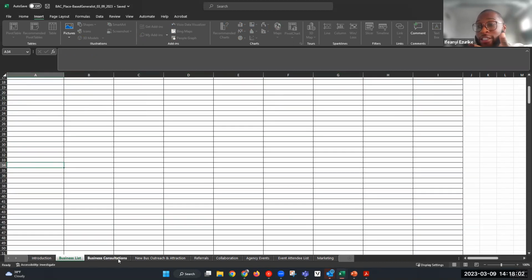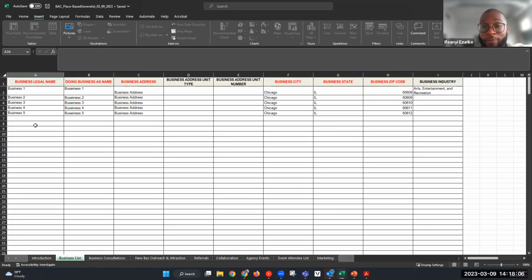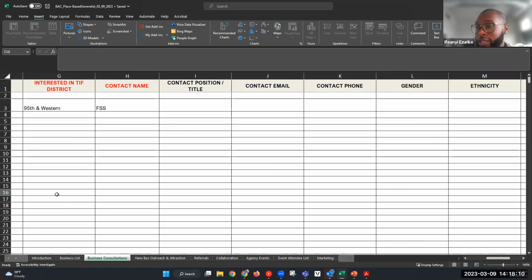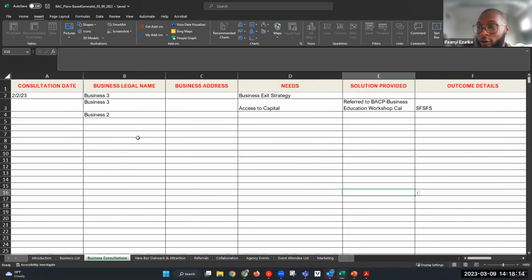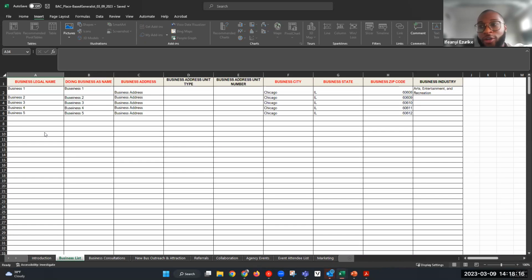That's when we have an engagement. You would just then copy and paste into that new template on this tab. And when you actually want to make an engagement, you can just use the drop down to find that business rather than always typing that business name again over and over again. So to answer that, new template, but just copy and paste your business list.